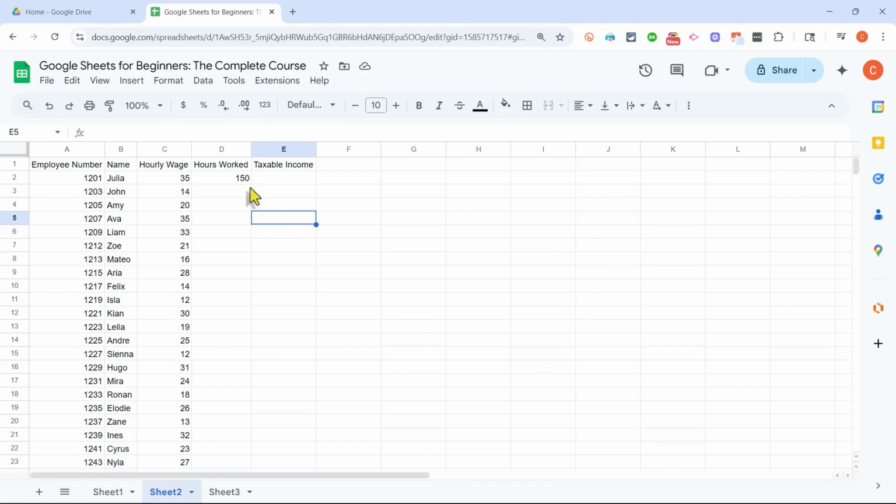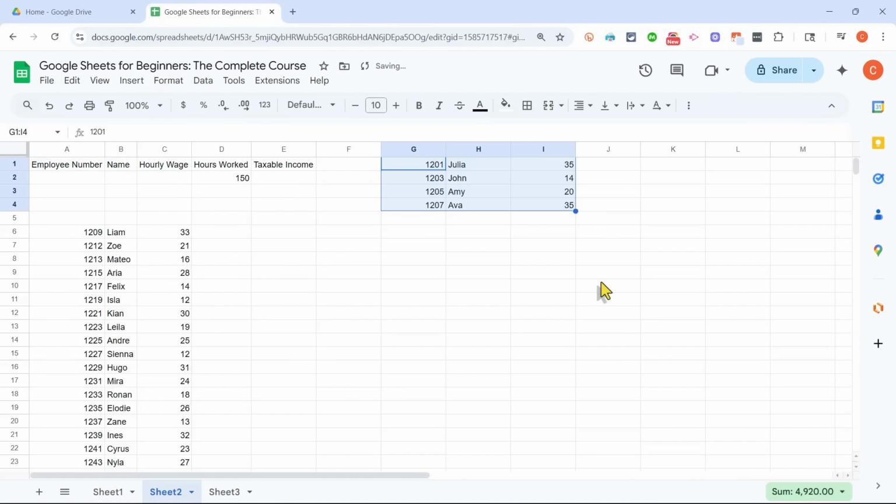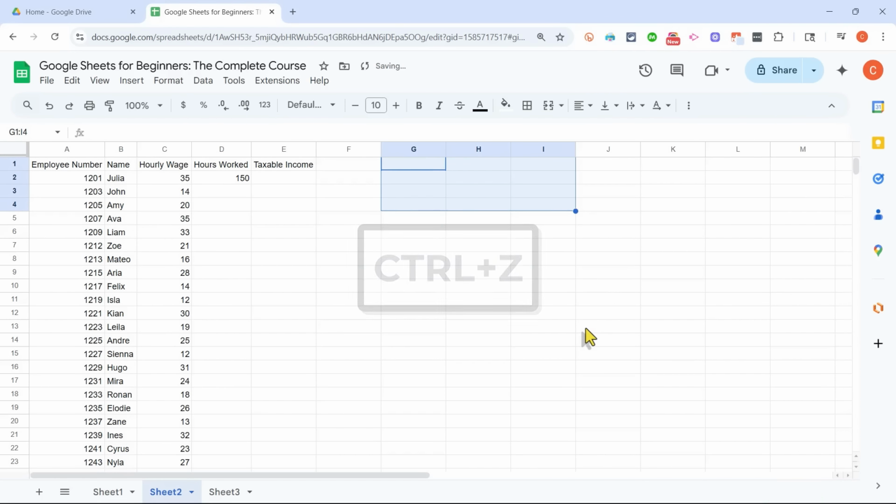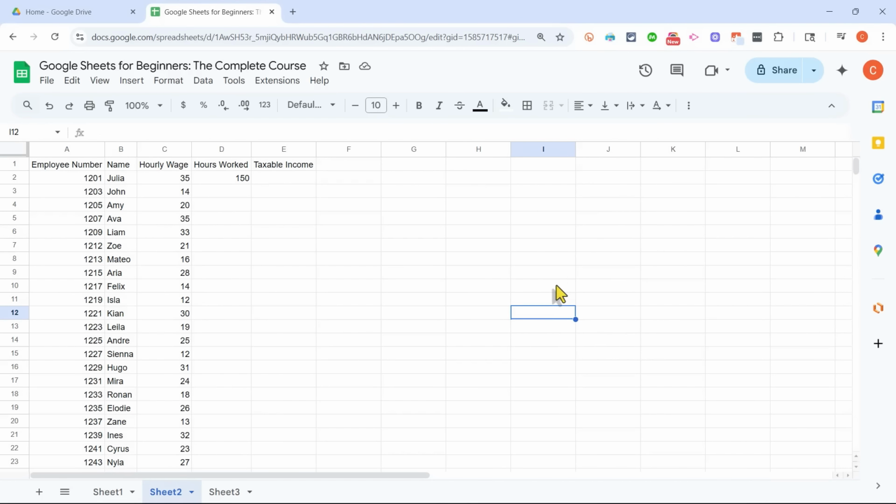But there's another way to move data instead of copying or cutting, and that is you can click and drag to highlight a range of data that you want to move, and then put your mouse on the edge of that range of data. So any of these edges. I'll go with this bottom edge. Notice that the mouse pointer turns into a hand. That's indicating that you can pick up that data and move it. So I'll hold the click and drag the information over here, release the mouse button, and I've effectively moved that data from one location in Google Sheets to another. I'm going to hold Control and tap Z to undo that, but that's a very handy way to move data